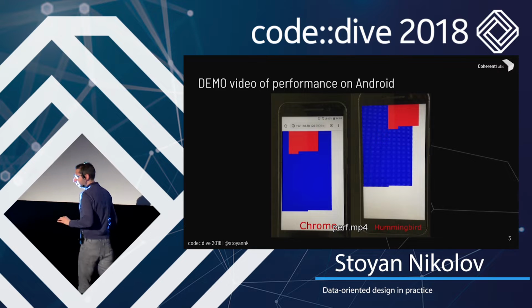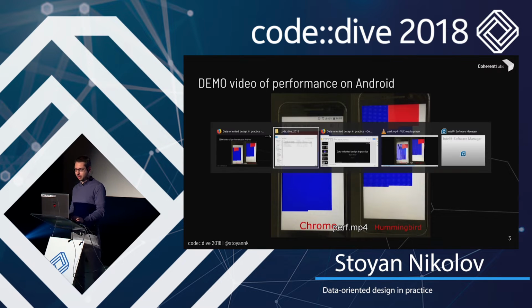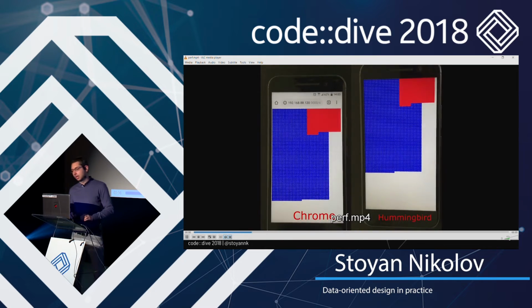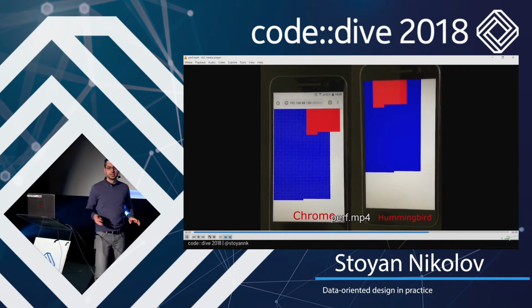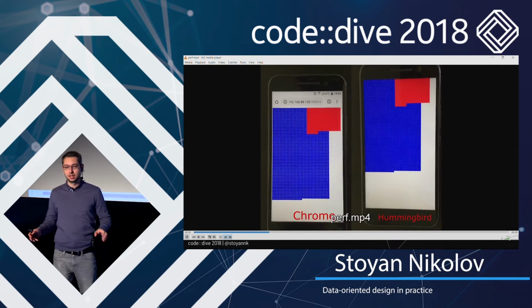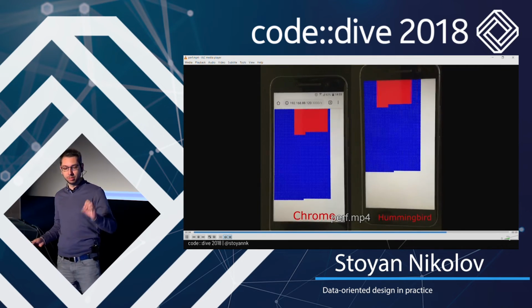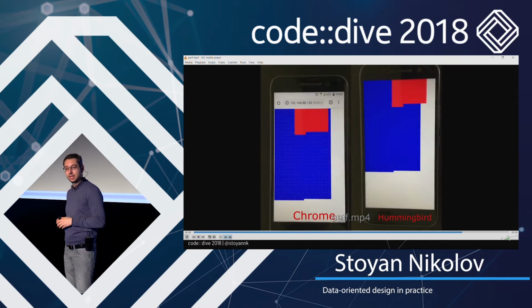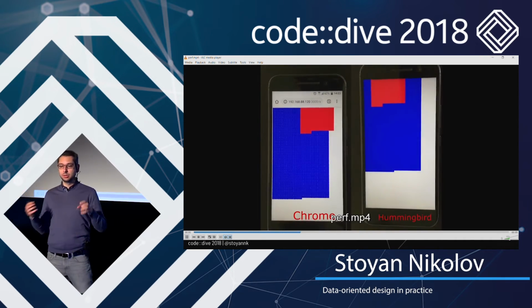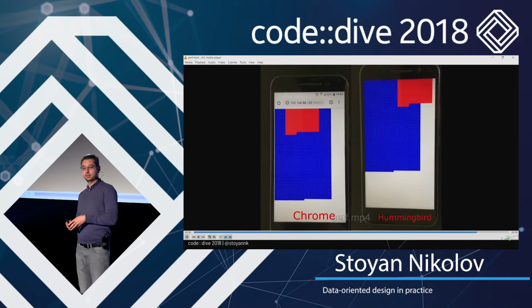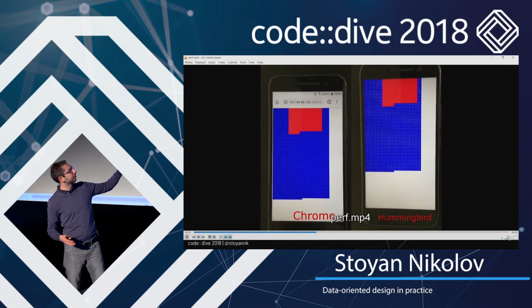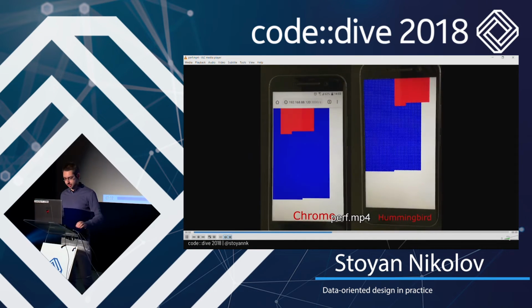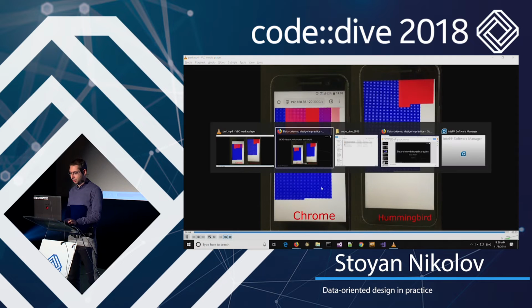I have a very brief demo. It's a video I recorded on my phone, but it's visible. It's a very simple web page, basically, with 3,000 animations. On your left, it's Chrome. On the right, it's Hummingbird. You see that there is a performance difference, right? One is running at around 5 to 7 frames. The other is running at a smooth 60. So we did something right. At least the performance is there. And let's see how we got there.